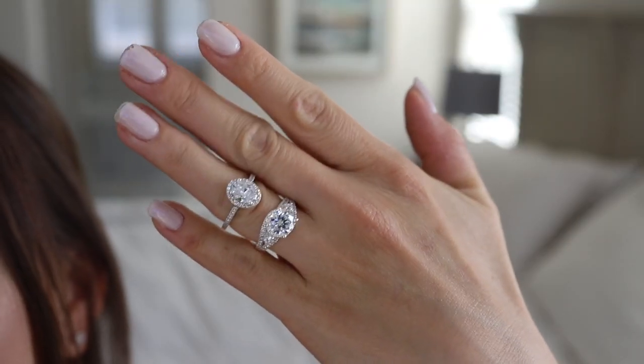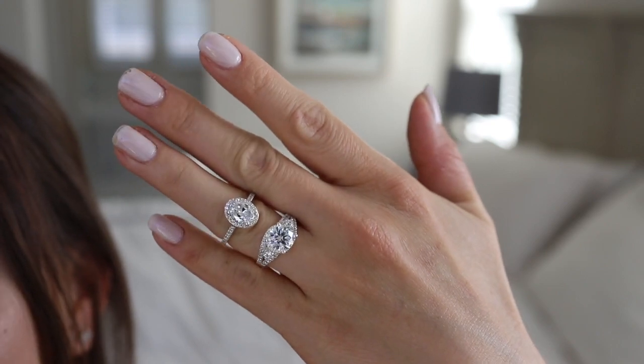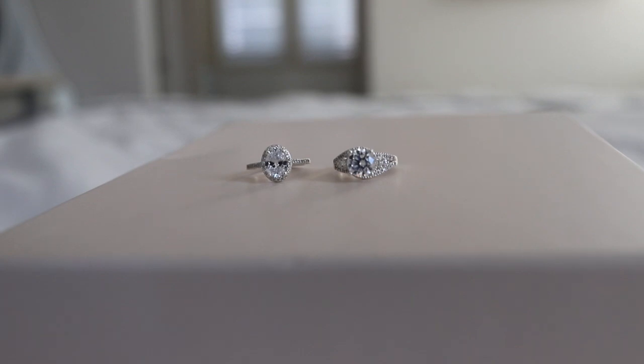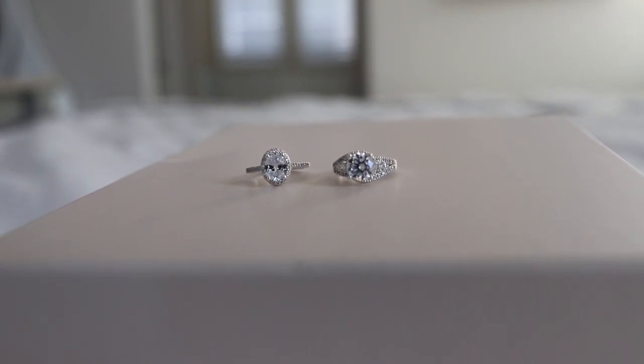I also want to note that the site offers real as well as lab-created diamonds, so there are options in terms of pricing. So that concludes today's video,